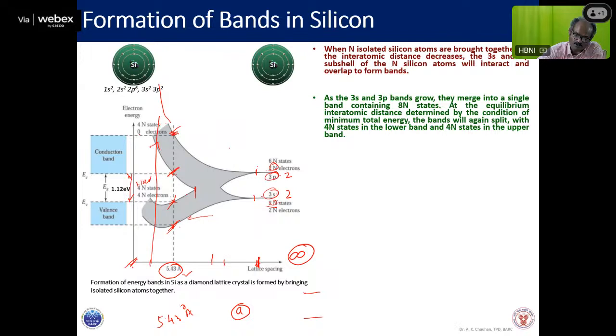The conduction band would be elsewhere, so this energy gap would have been different, and similarly the width of the band should also be different. So now you must have understood how the bands are formed in silicon, and that if silicon is crystallized at a different lattice parameter,